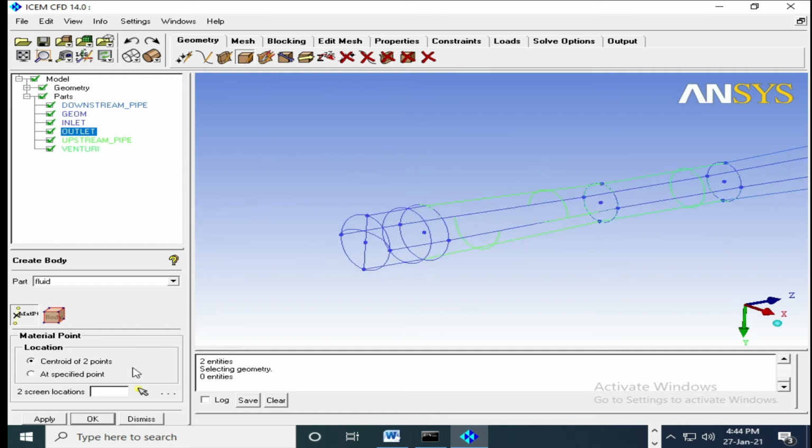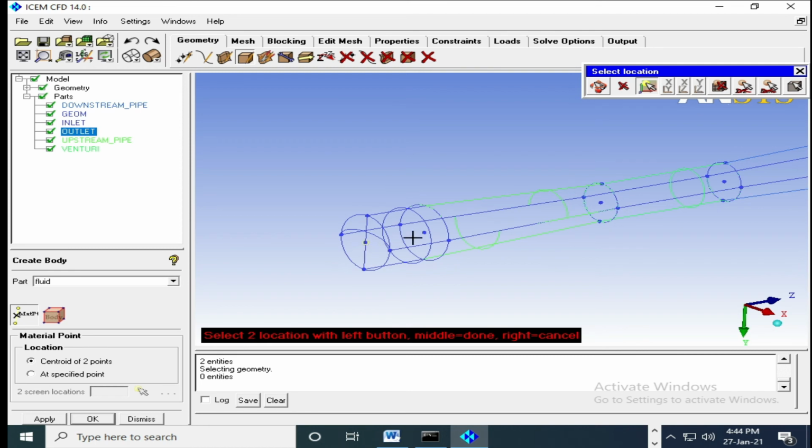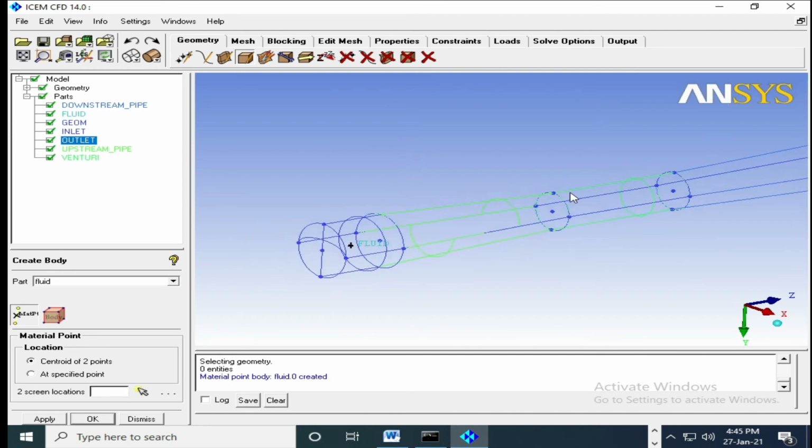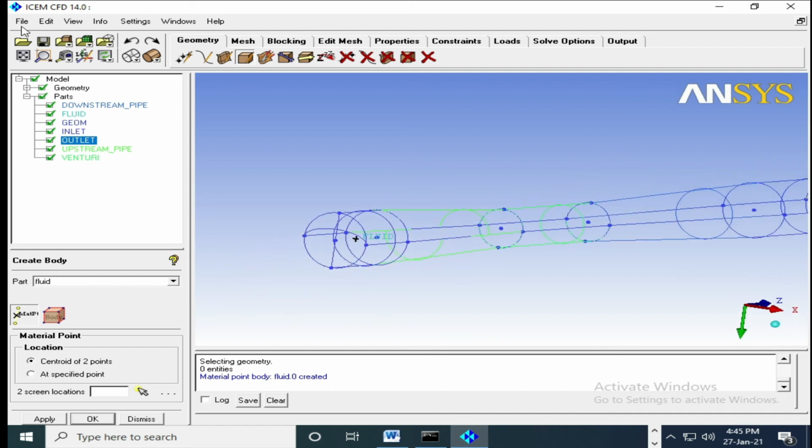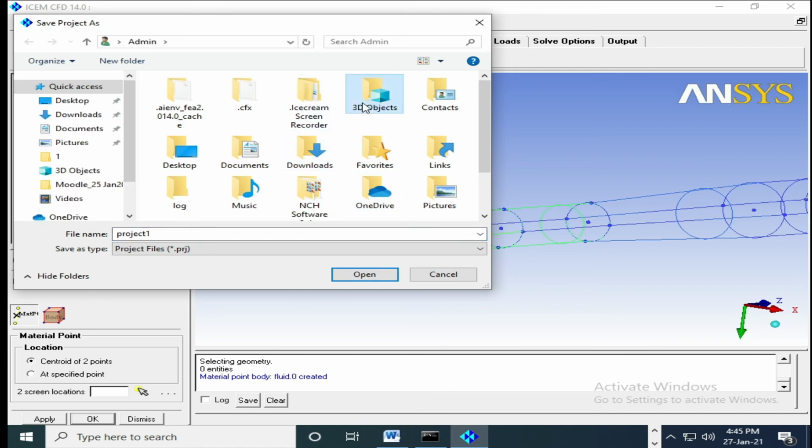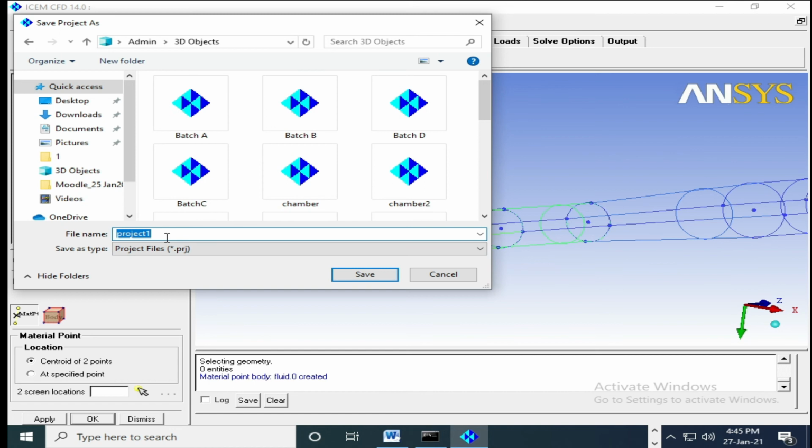I will select any two points in between and press the middle button, so it is fluid. I need to save this project. File, save as, venturimeter.